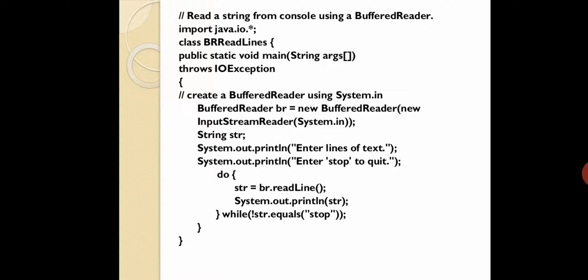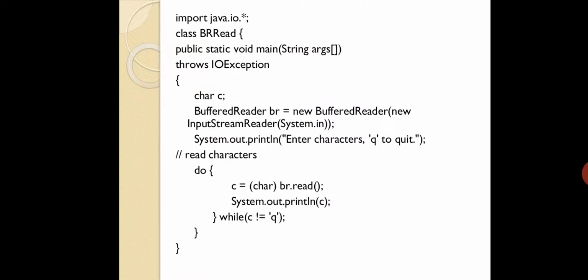Fine. Now you may ask the same question, why we haven't gone for equals in the previous program. It depends. Definitely you can use the equals method, but there it is a character, isn't it? It is better to go for simpler things. Whenever you write a program, it has to be simple and efficient. Always remember that. You have to reduce the number of lines. If you can accomplish the work with the minimum number of lines, then it is the best thing.